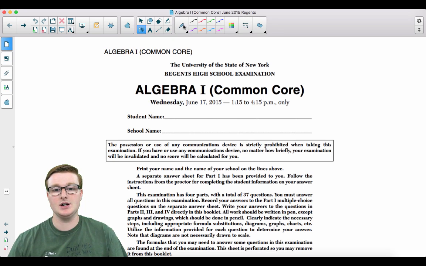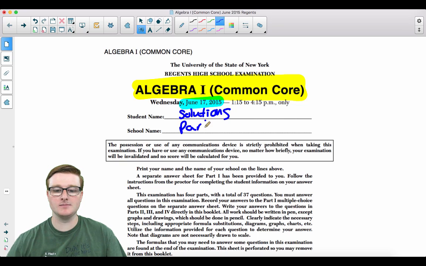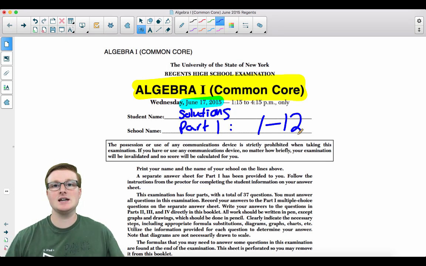This is the June 2015 Algebra 1 Common Core Regents examination. These are going to be the solutions to Part 1, which are the multiple choice. The solutions to Part 1, problems 1 through 12, which is the first half of the multiple choice section. And we're going to do it